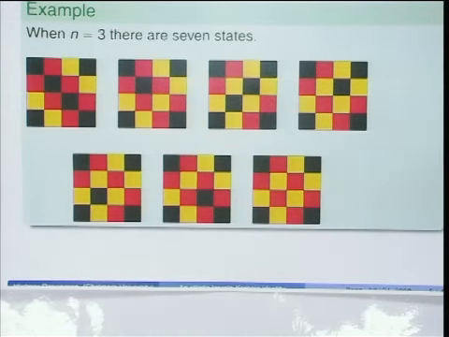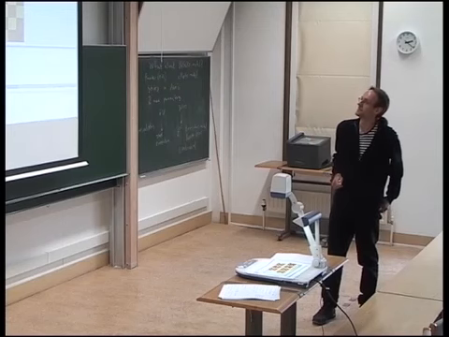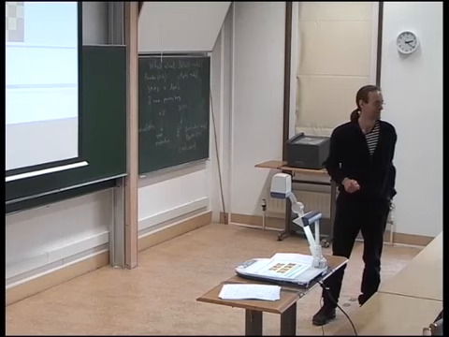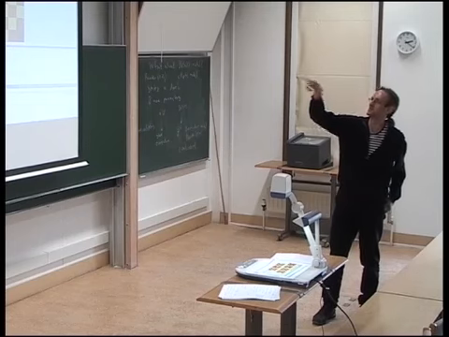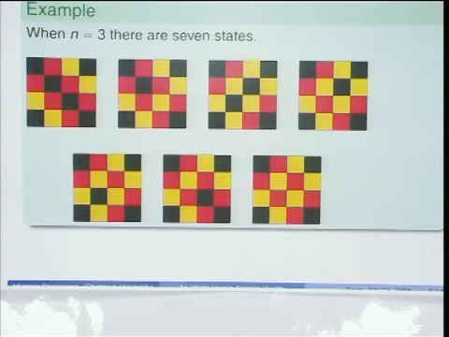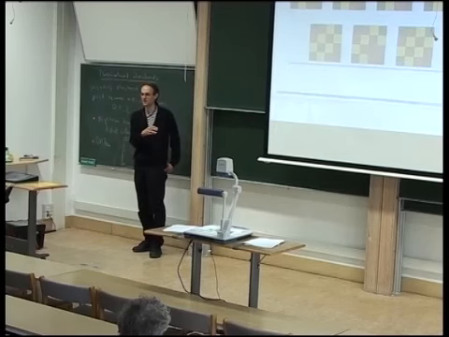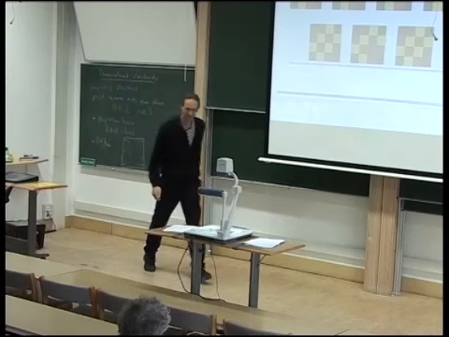So this is where I made an example. So is it visible enough, or should I turn down the lights? Well, so this is the example when n is 3, there should be 7 of these things. So for some reason instead of denoting the colors 0, 1, and 2, I painted them black, red, and yellow. So if you look at these examples, you see that the boundary is exactly the same on all these 7 boards. So you just have to fill in the 4 central entries in such a way that the neighbors have distinct colors. And if you try to do that, you see quickly that there's exactly 7 ways of doing that.